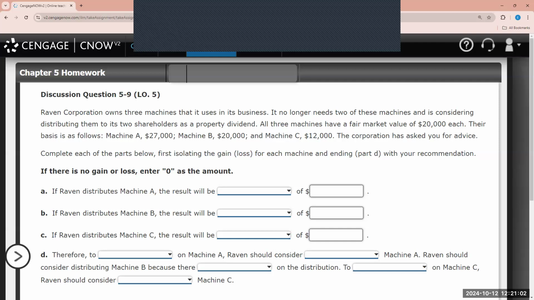Machine A has a basis of $27,000. Machine B has a basis of $20,000. Machine C, a basis of $12,000. The corporation has asked you for advice. So,